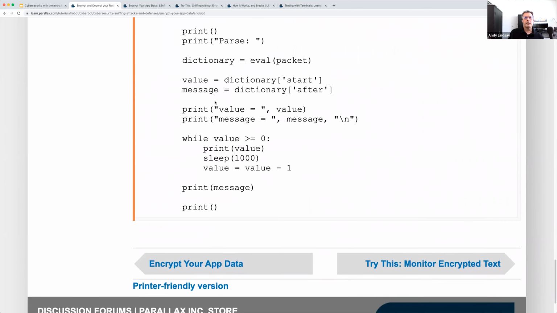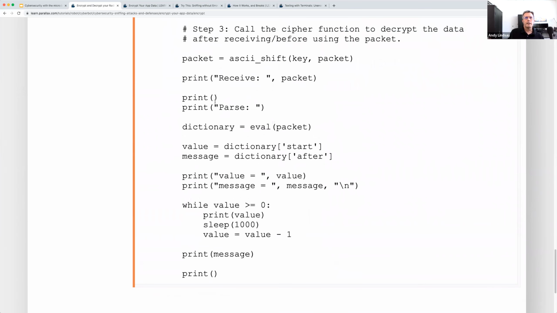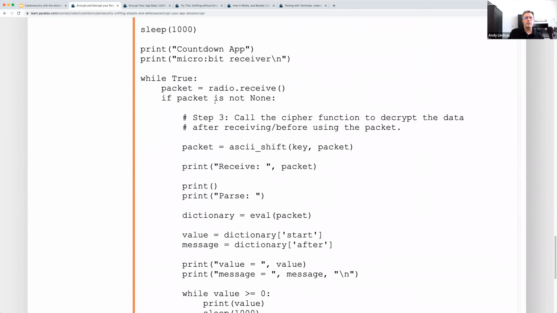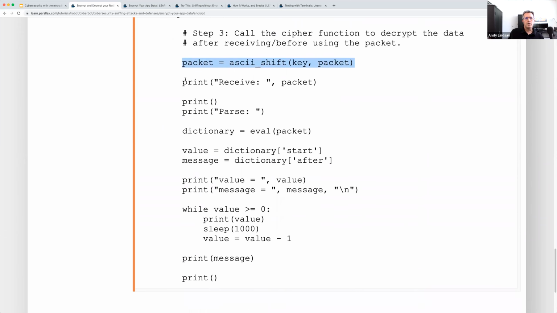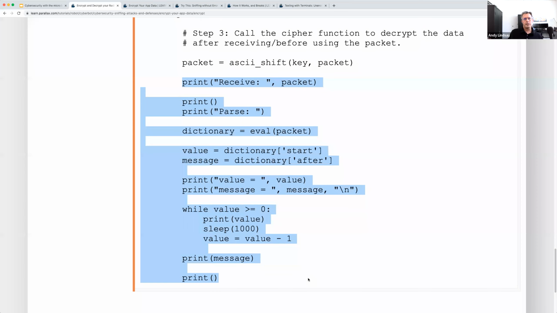And then the decryption, where is it? Right here. So immediately after it's received, it's decrypted before it's executed. Can you add in with relative simplicity to say, show me the